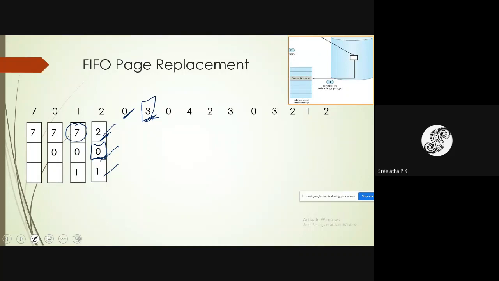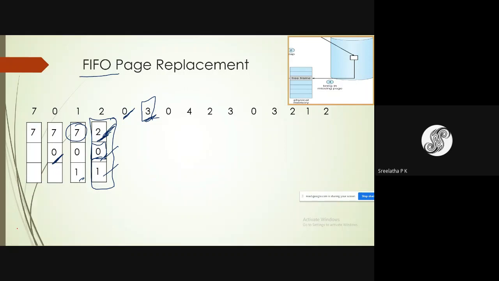According to first in, first out, whichever page has come first out of these existing pages will be selected as a victim page. Page 2 has recently come. Page 0 has come here at this particular instant, and then page 1 had come. So which is the page which had come first to the primary memory?